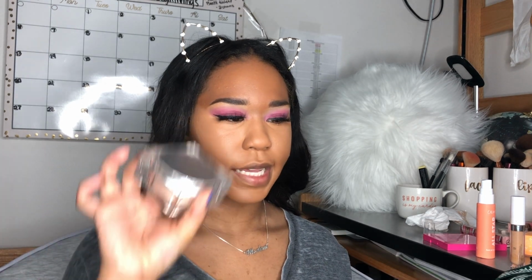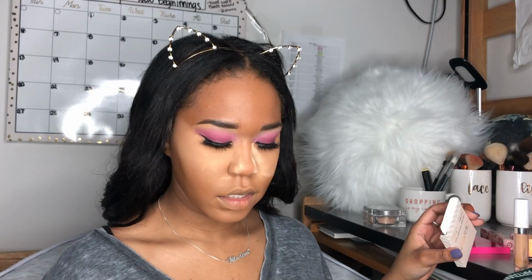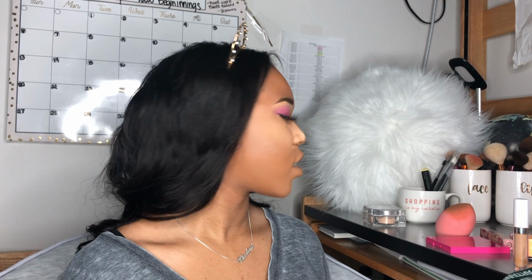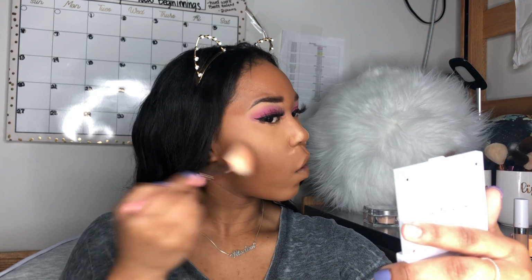I did not get a setting powder for under your eyes, but I do have a new one that I've already showed to you guys. It's the Becca Soft Light Blurring something something, and I'm gonna use that. I don't remember what the shade is, and it's not on the box, which is weird. It's the darkest one, I know that for sure. So this is the contour, what it looks like. It's really dark. I wouldn't have known it was this dark. I probably would have gone lighter, but on the website it did look a little bit dark. It says that this one is a bronzer, so hopefully,